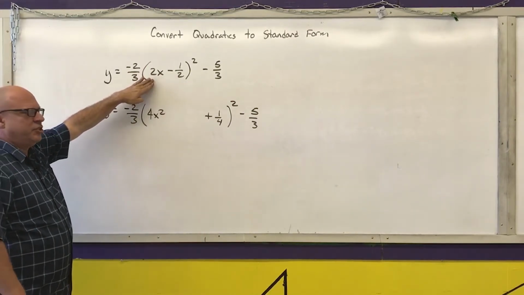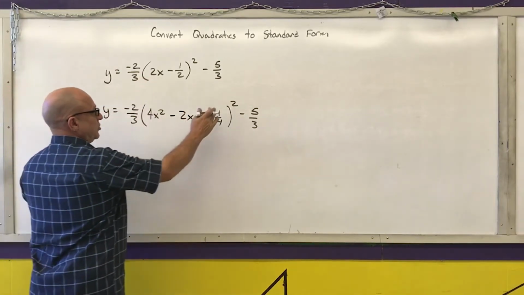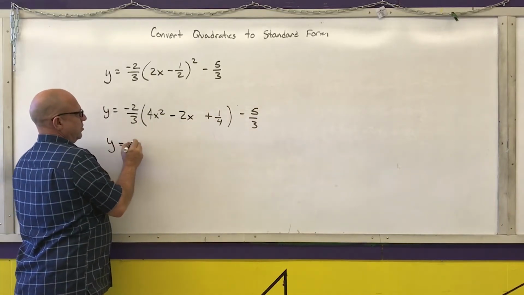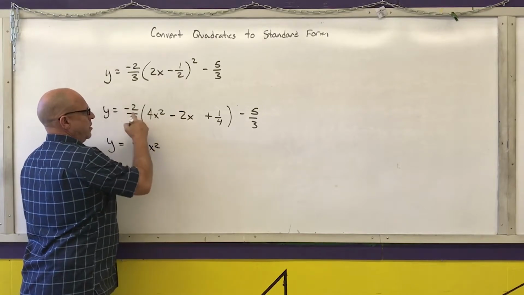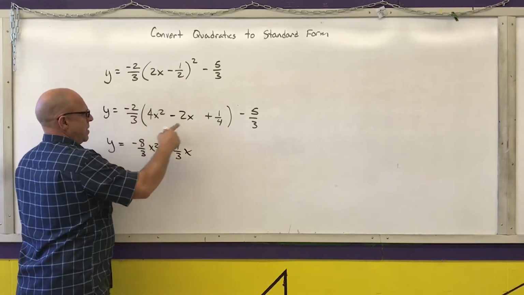Negative 1x times 2 is negative 2x. Oops, no squared here anymore. Distribute. y equals negative 8/3 x squared plus 4/3 x minus